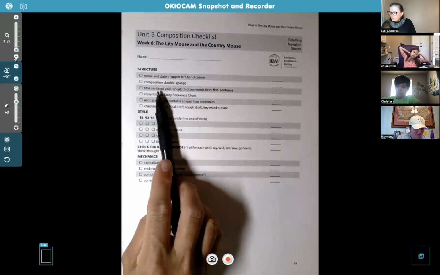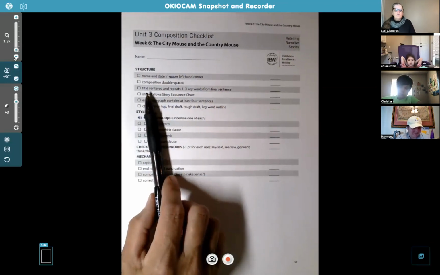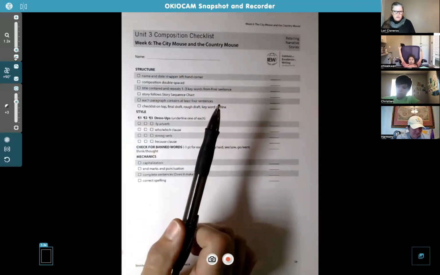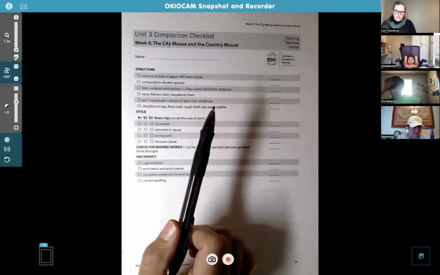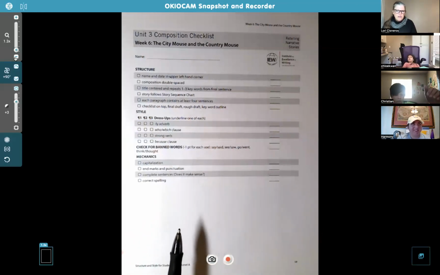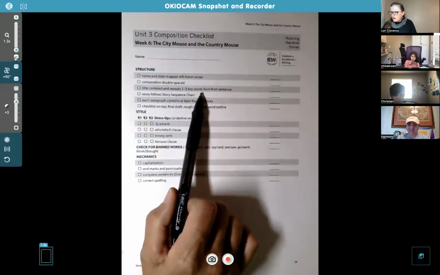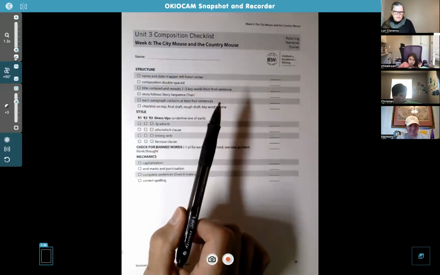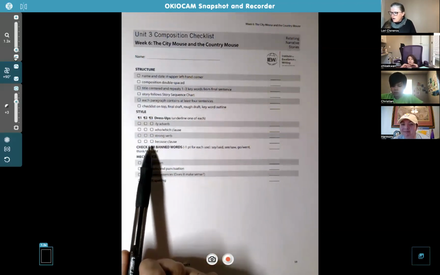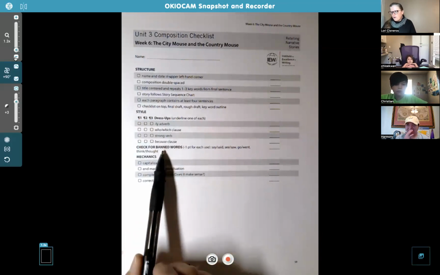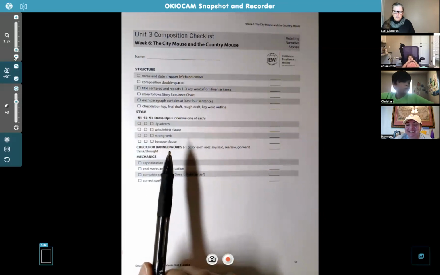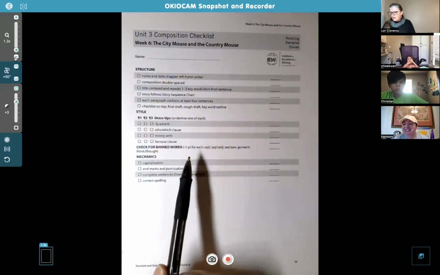Here, don't forget the title rule, because the original title is The City Mouse and the Country Mouse. You're going to change that title. So make sure when you get to the very last sentence of your story, look for 1 to 3 key words to put in your title. Okay. So you want to give it a new title, and then make sure you include all 4 of these. So Chloe, make sure you get that because clause in there too. So you should have 4 words underlined in each paragraph. And then